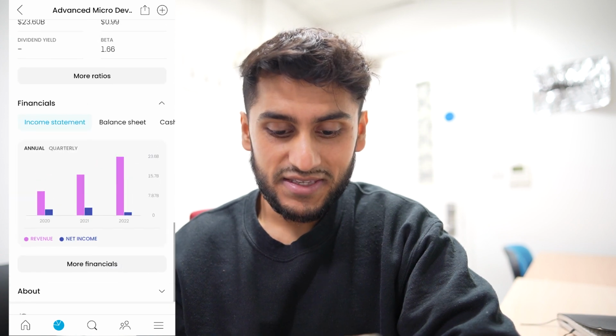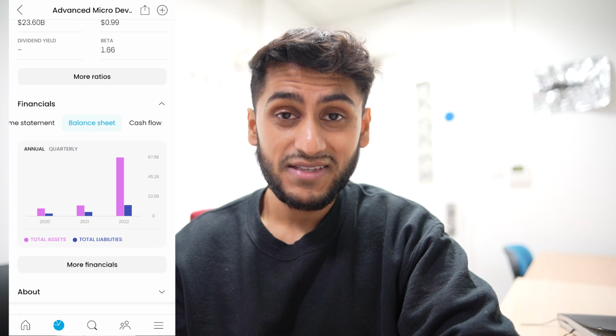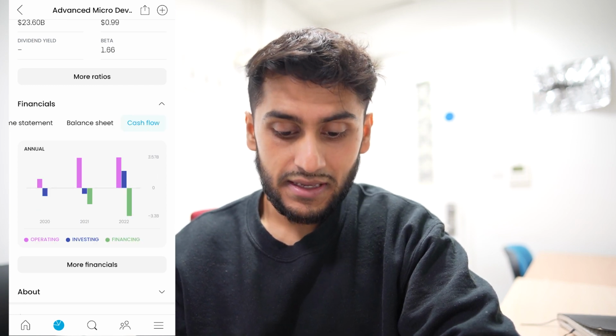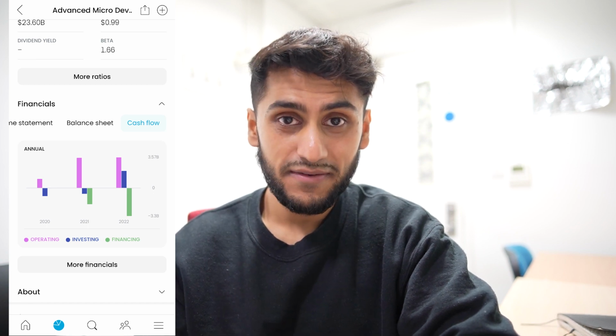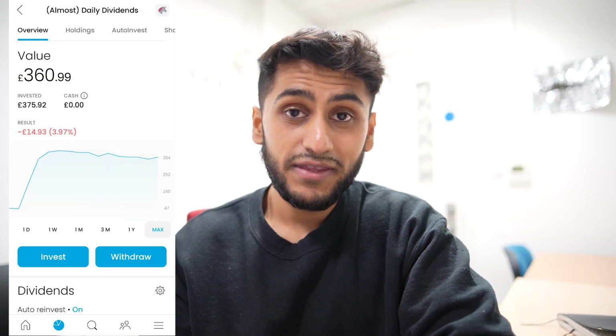No dividend yield, but you can see from the revenue, it's increasing rapidly. Balance sheets, you can see the amount of assets they confirmed last year is actually staggering. And from cash flow, you can see investing is paying off, operating is still quite high, but a lot spent in financing. In terms of pies, I only have one pie, and that is a copy of the Almost Daily